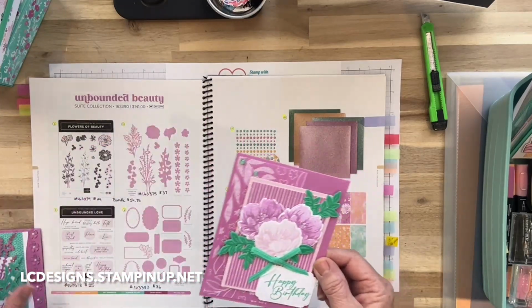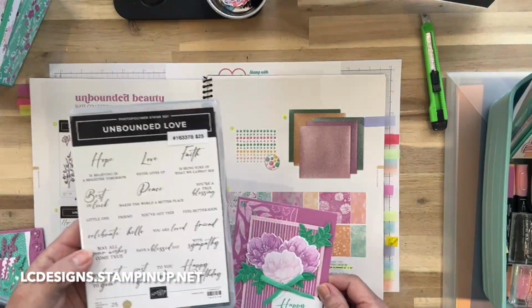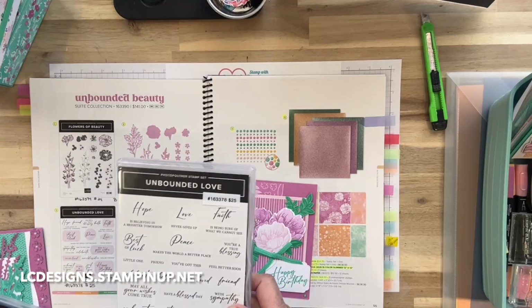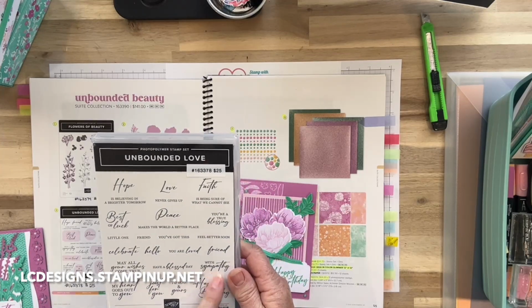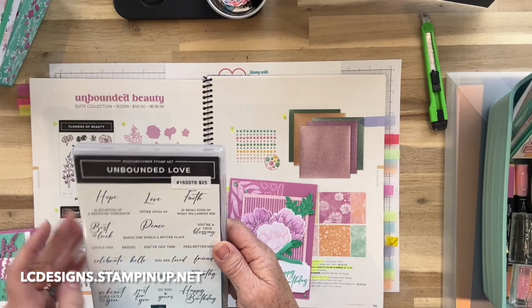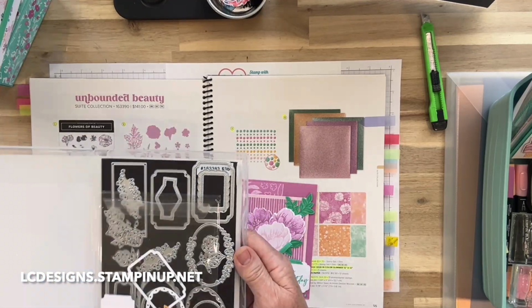Another one. As you can see, I haven't even shown you all of the sentiments in Unbounded Love. So I used the happy birthday. I used the with sympathy. I thought I used you are loved. Yeah, you are loved. And then mom actually came from